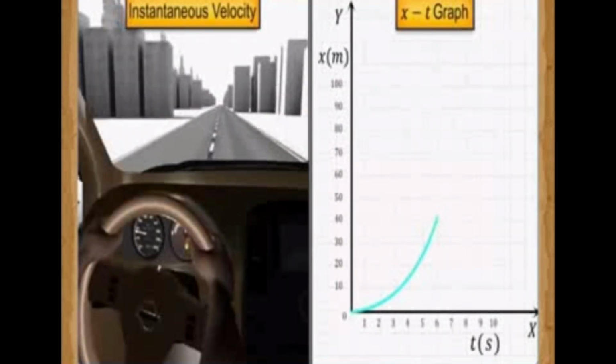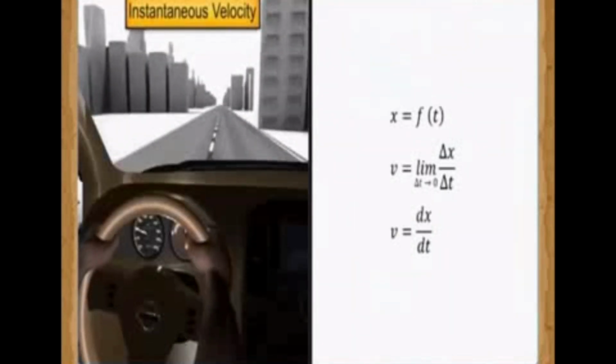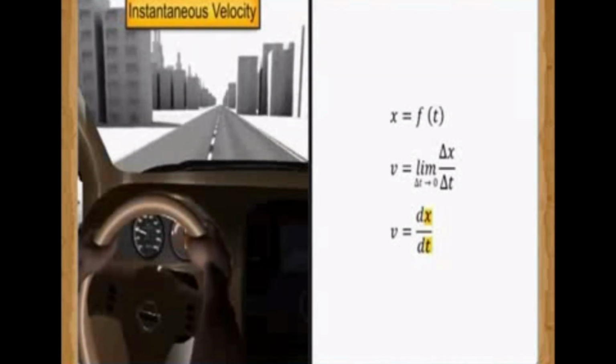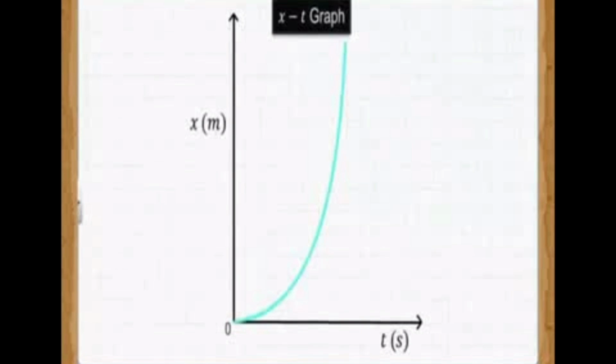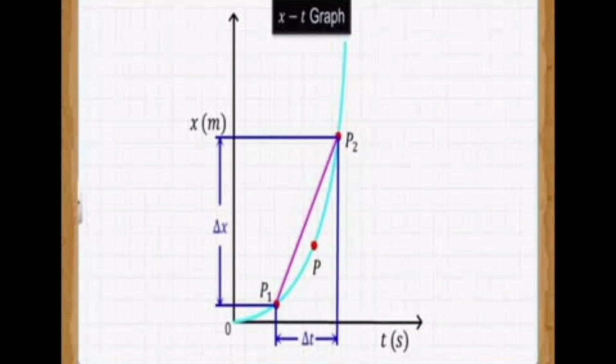So the car is traveling like this. See that the distance increases while the time period reduces. That means it is accelerated, the velocity increases. Using that, we can write x equal to f of t, a function. So we get the x-t graph, where x represents position and t is the time period. You can take one point, that point is t. In that particular time period, t1 and t2, P1 and P2 are the two positions. You can draw a line through the points P1 and P2. We can get the average value by delta x